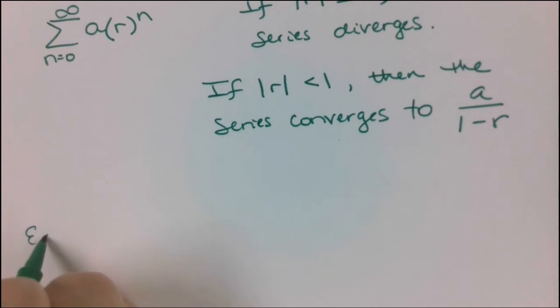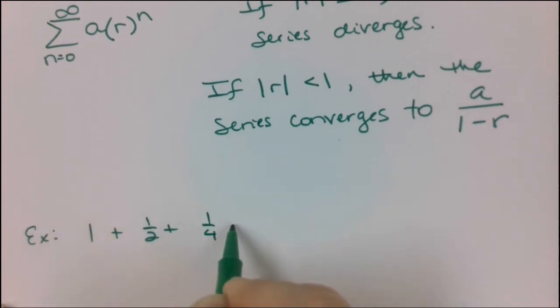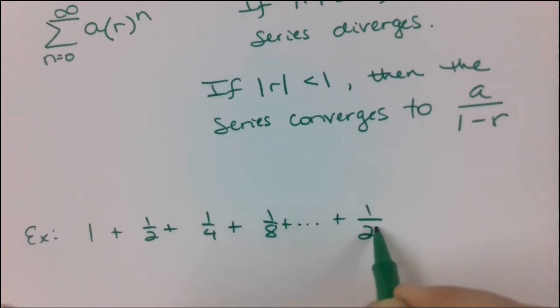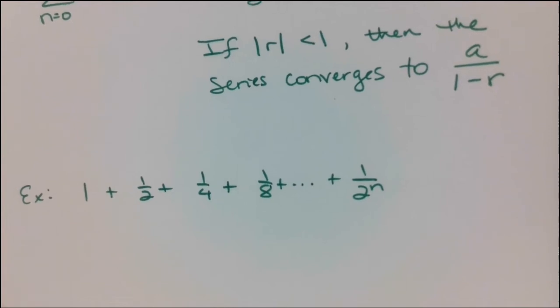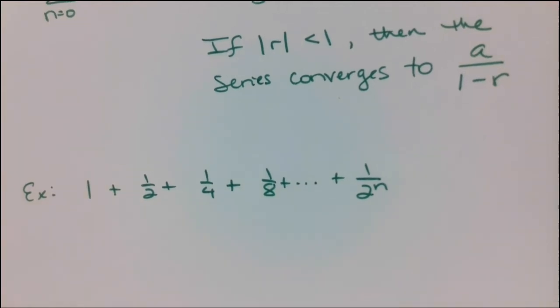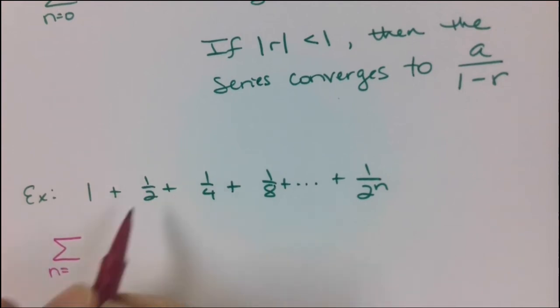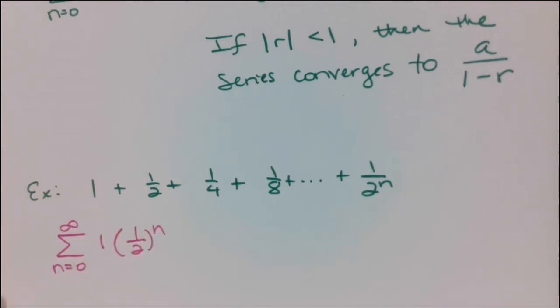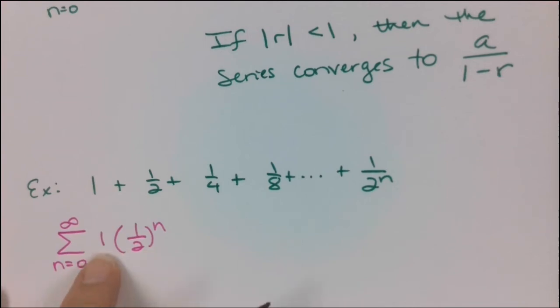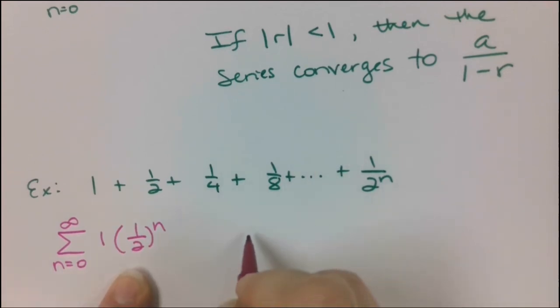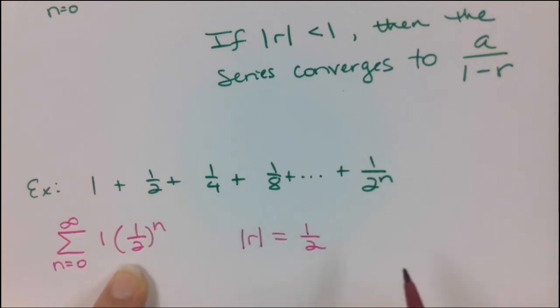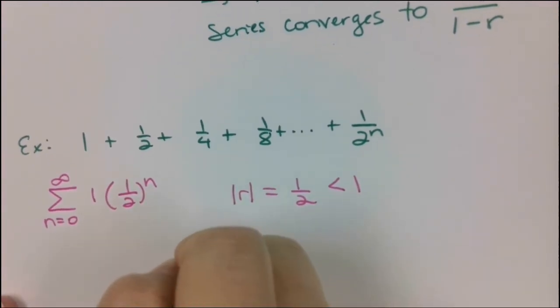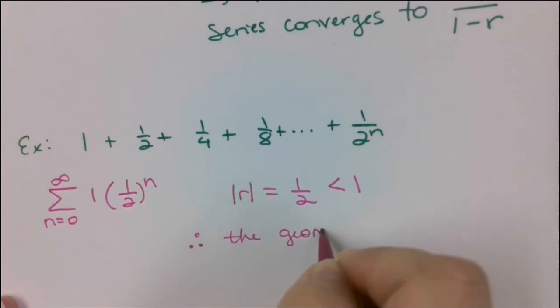So let's look at the same example that we saw previously. We can rewrite this infinite series as 1 times 1 over 2 to the n. Not that you have to rewrite it like this, but I'm putting it in the form of a times r to the n. And so we can see that the absolute value of r here would be equal to 1/2, which is certainly less than 1. And therefore, the geometric series